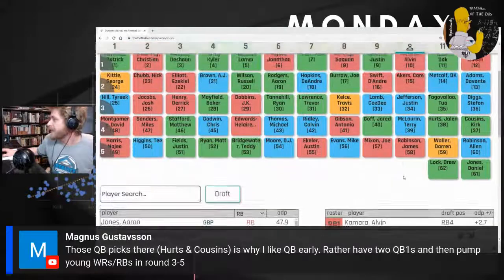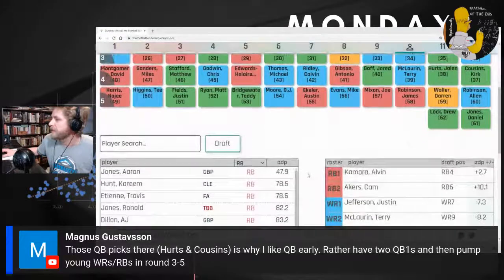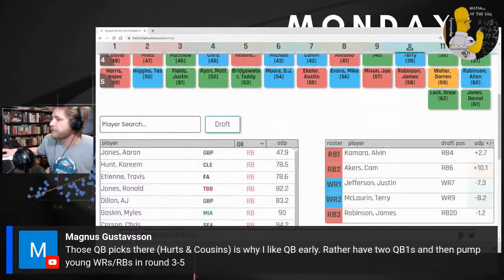Darren Waller, just gifting us more picks. Allen Robinson's a solid pick at the end of the 5th round. Daniel Jones, good luck. Derek Luck, good luck. You see, like, Team 11's just taken 4 quarterbacks. This is the John Bosch team. That's John Bosch behind the scenes drafting Team 11, I'm pretty sure. All right. Round 6.